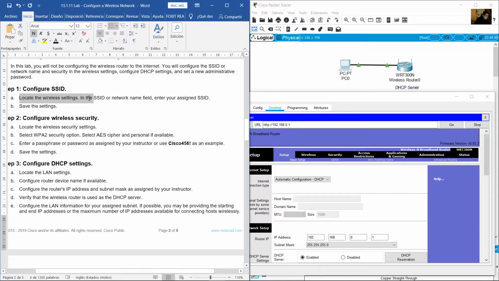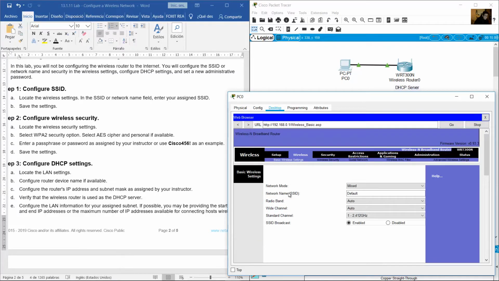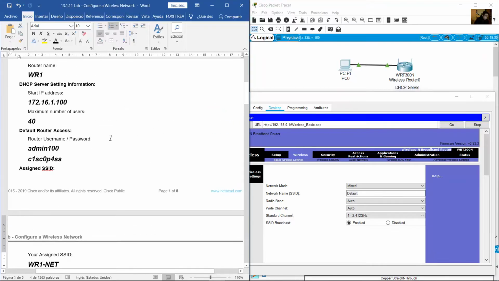Locate the wireless settings and the SSID or network name field. Enter your assigned SSID and save the settings. Okay, go to wireless. Now you have the network SSID. The name is default, but the instruction is to use